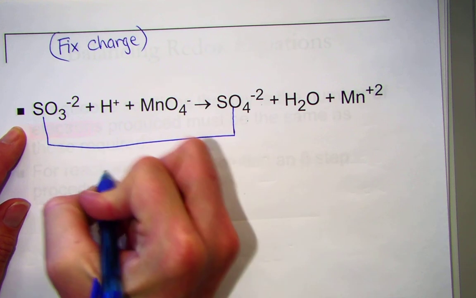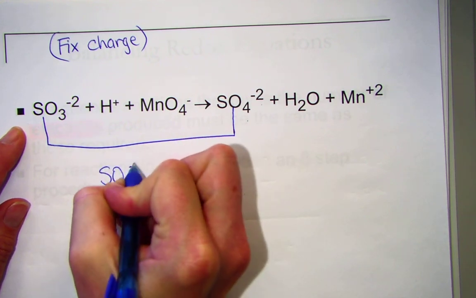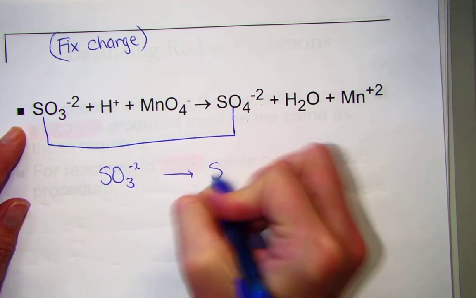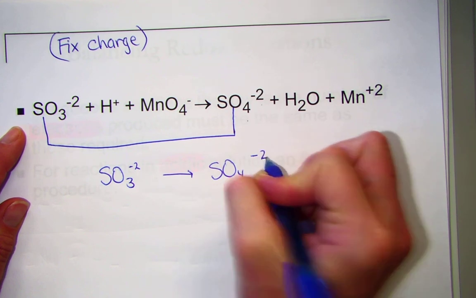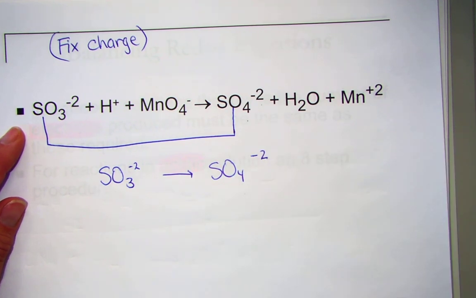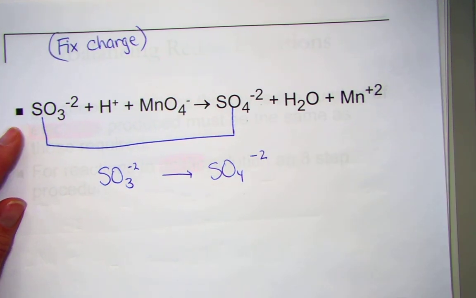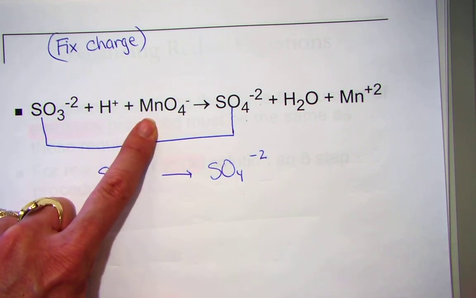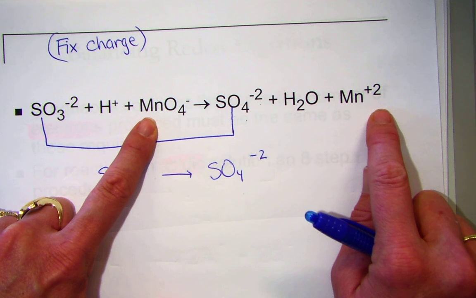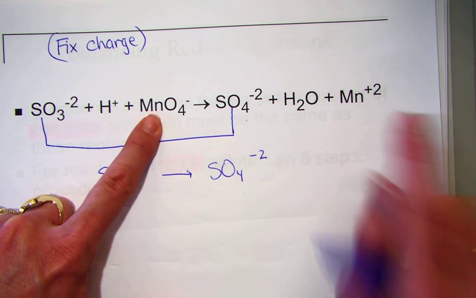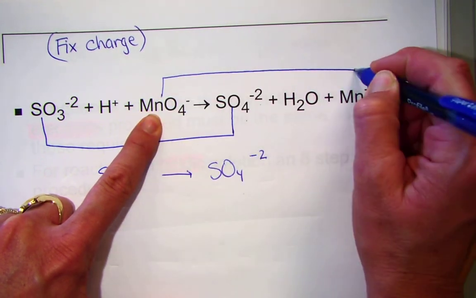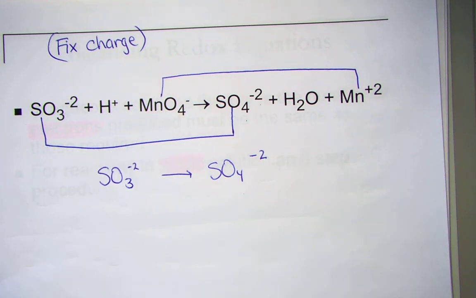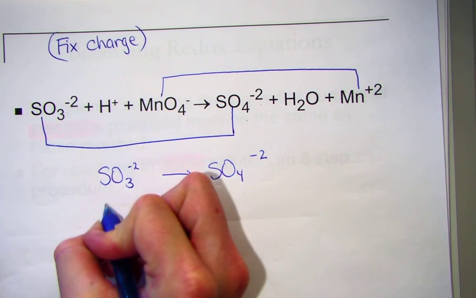So when I begin to think about half reactions, I'm going to hook together like elements on the same side. Here's sulfite forming sulfate as my first half reaction. The manganese in permanganate going to manganese +2. The like elements here are the Mn. I'm going to hook together in the second half reaction the permanganate